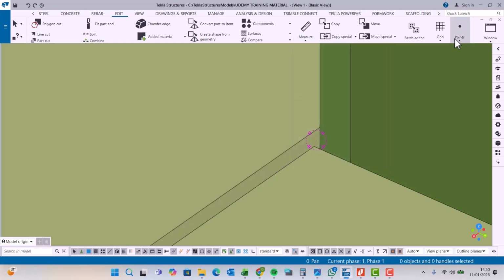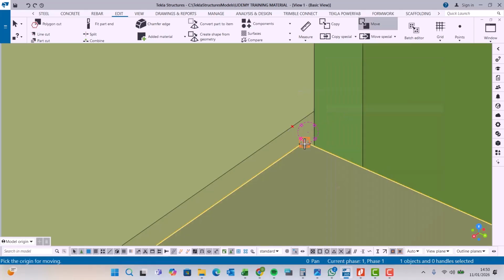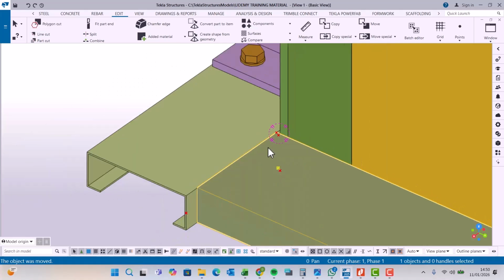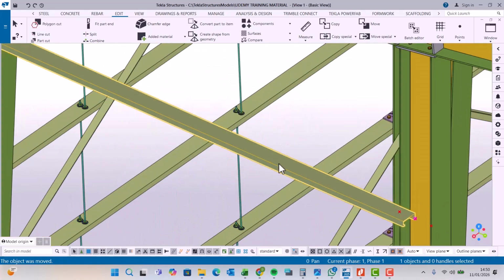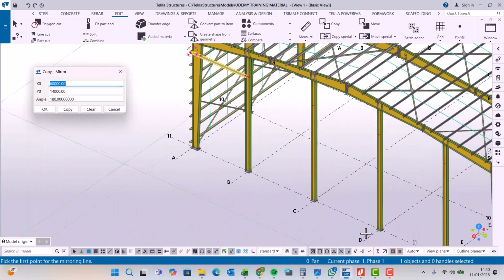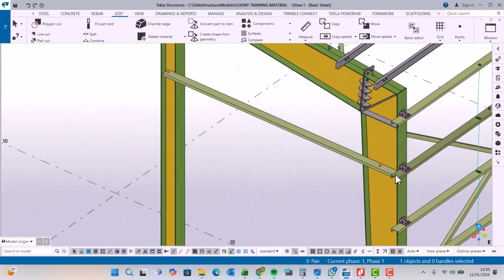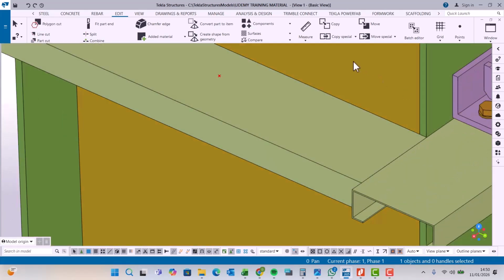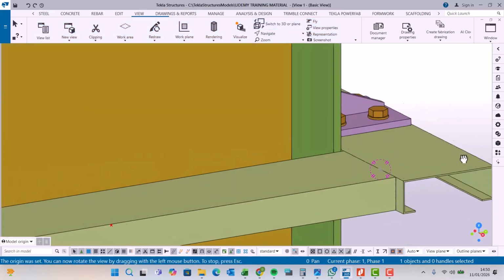Now I'm going to use points. I'm going to snap there and transfer that point up there, then right click, come to move, and place it right there. Perfect. I'll right click, come to spatial copy, click on mirror, and mirror it on the other side, and that's how simple things are done. So we have one on this far end, and it's flushing. Probably it should flush because they're of the same length